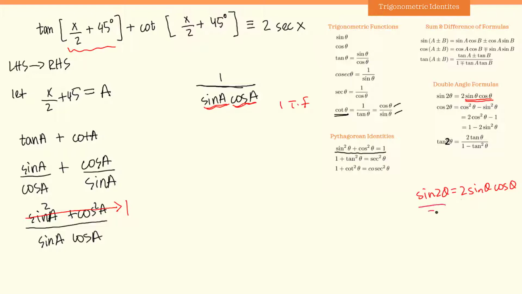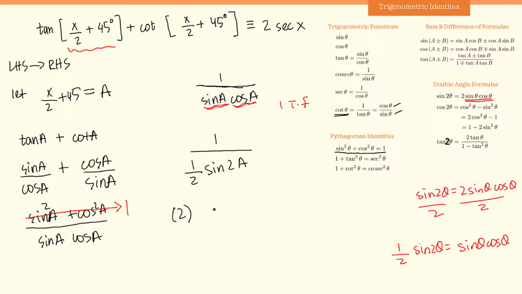And if I divide both sides by 2, I would get 1 upon 2 sine of 2 theta is equal to sine theta times cosine theta. So in place of sine a cosine a, I am going to write 1 upon half sine of 2a. And this is same as saying 2 times 1 upon sine 2a. So this is equal to 2 upon sine 2a. Now for our final step,